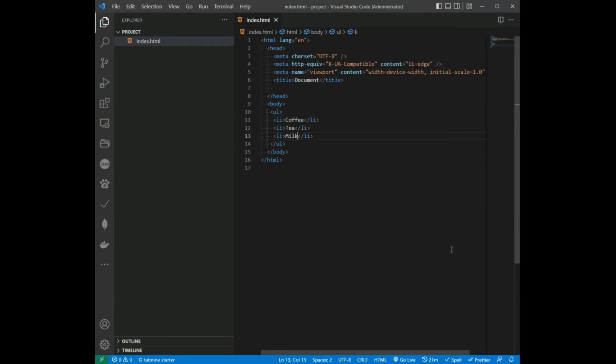Ordered HTML list. An ordered list starts with the OL tag. Each list item starts with the LI tag. The list items will be marked with numbers by default. So,